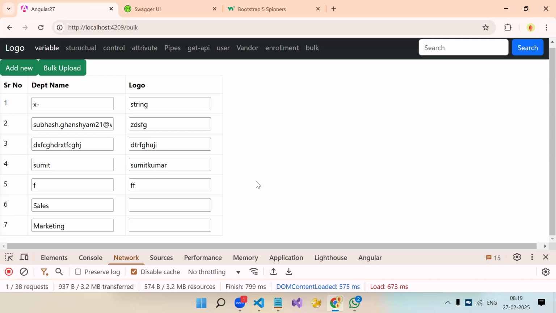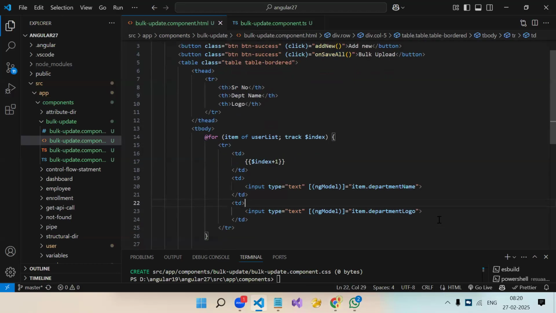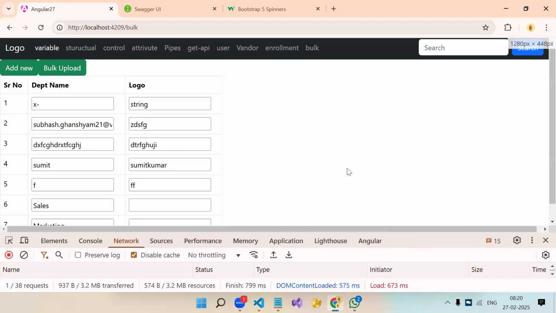सर एनजी मॉडल के केस में इनपुट के अंदर वैल्यू में कुछ डालने की जरूरत नहीं, डायरेक्टली चला जाता है वो. नहीं ना, एनजी मॉडल का यूज ही क्या है? यहाँ पे जो प्रॉपर्टी है वो टेक्स्ट बॉक्स में असाइन हो जाएगी. इस वेरिएबल में जो भी वैल्यू है वही असाइन हो जाएगा ना, वैल्यू क्यों यूज करोगे फिर? फिर वैल्यू अलग से यूज करने की जरूरत नहीं है. ठीक. क्लियर है सबको?